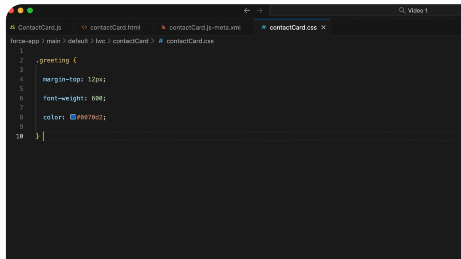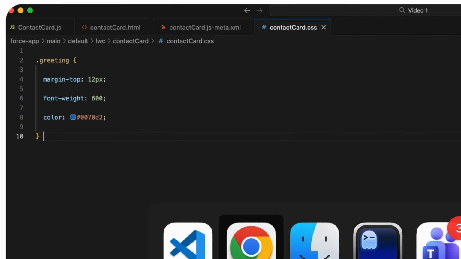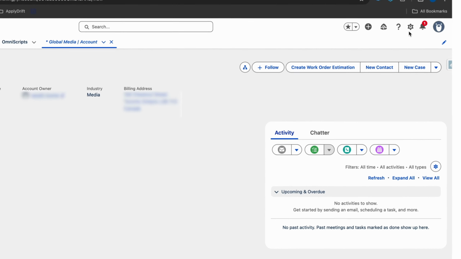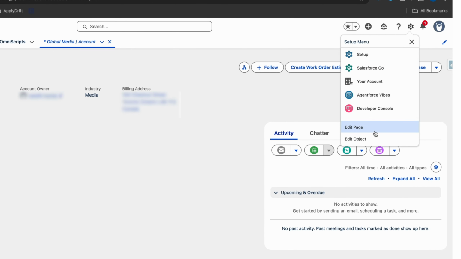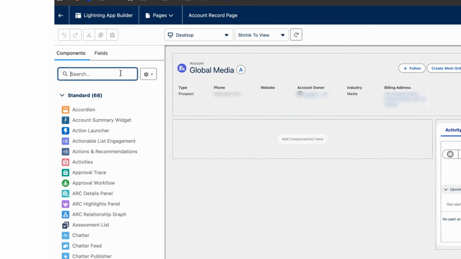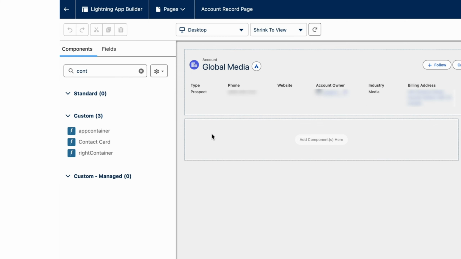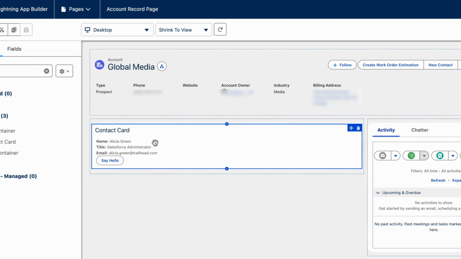I have already deployed this code into my org. Let's go ahead and try it out. So in here, as you can see, I have opened one of the account pages, and for demo purposes, I'm going to edit this page and add our custom component into this. Let's go ahead and edit the page and look for our contact card. So here is our contact card, and let's go ahead and drag and drop it into our accounts page